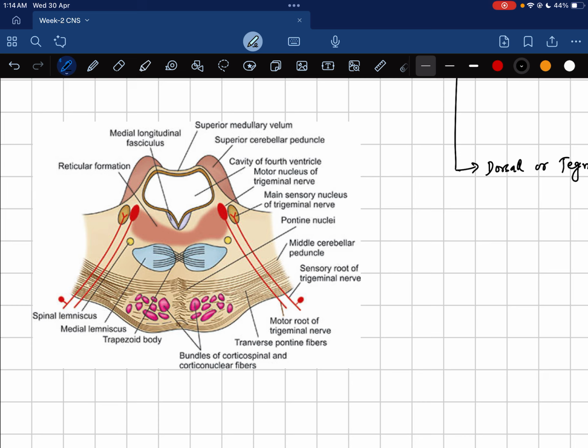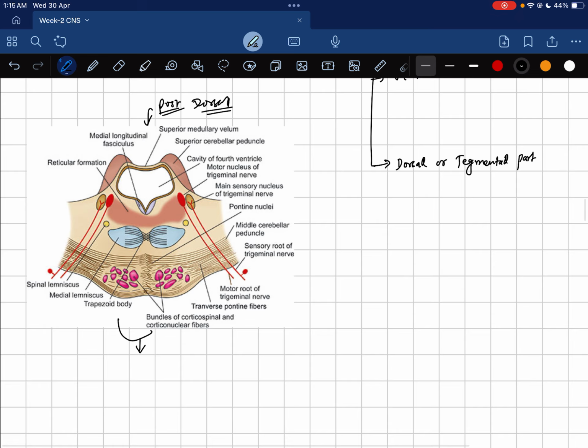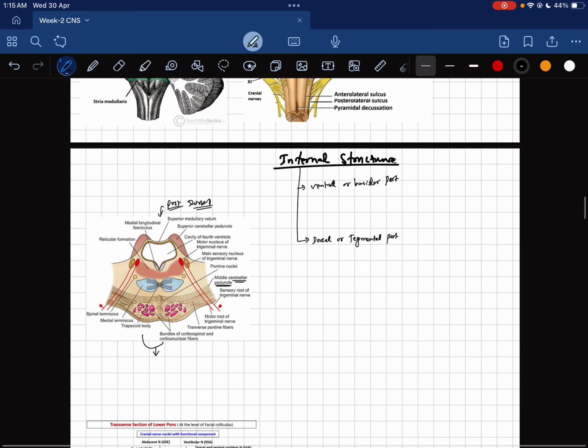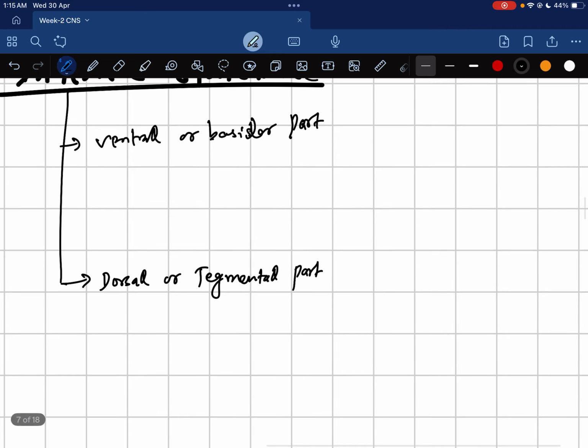This is the ventral part. This is the posterior part, or dorsal. This is a continuation of the inferior, with the cerebral peduncle, the middle cerebral peduncle, and there is a dorsal tegmental part. In the ventral part, there are longitudinal bundle fibers,